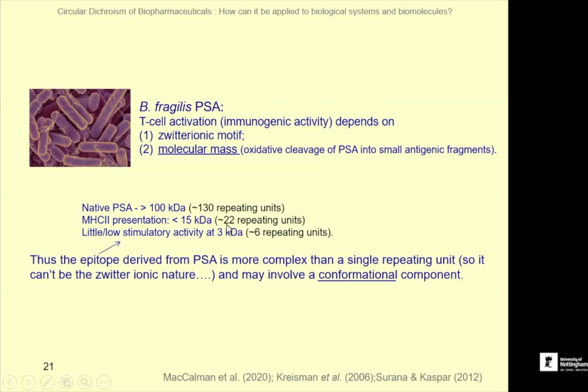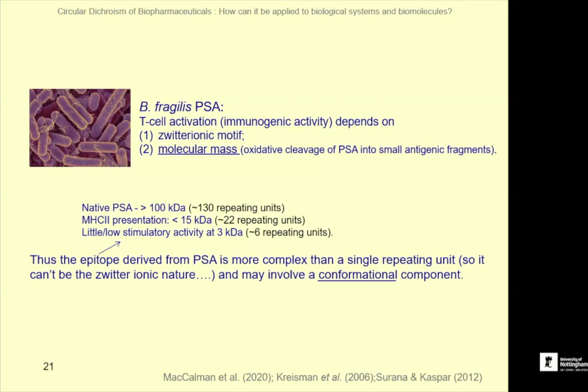If you have fragments which are about 15 kilodaltons, which is about 22 repeating units, you get a great response, much better than the native. So smaller is better, but if you go too small, to 3 kilodaltons, you lose it, and there is no activation of T cell production. So it's a certain mass range which seems to be the key, in addition to the charge that's present on